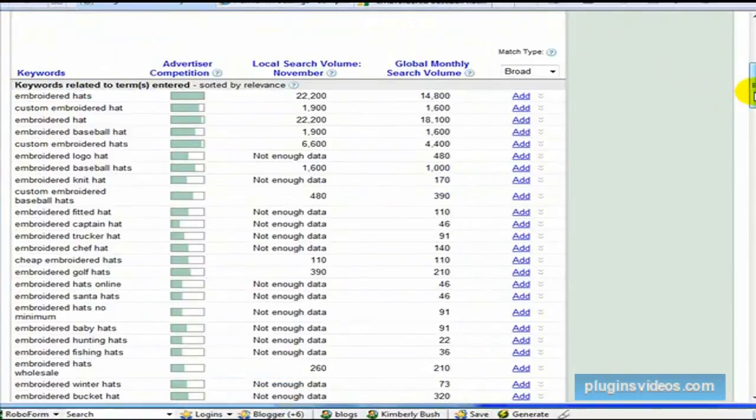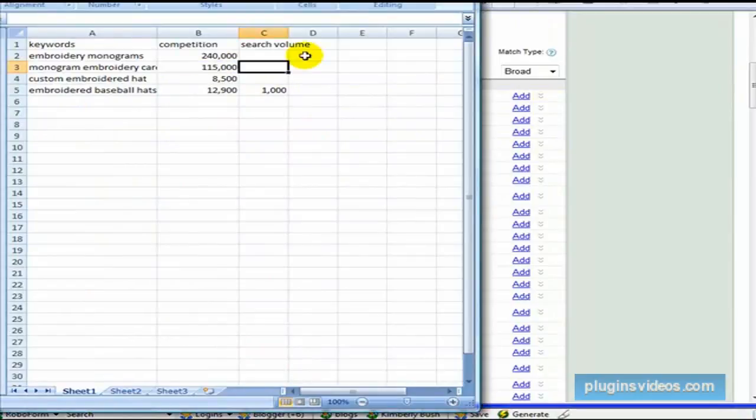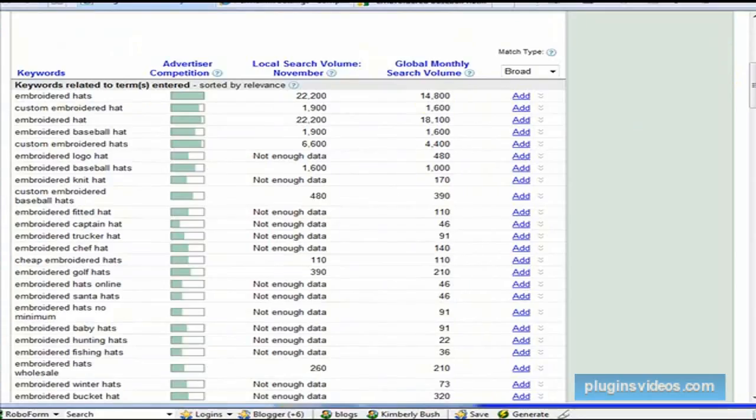Custom embroidered hat. Okay, custom embroidered hats with the S. A lot higher. Okay, 1600. There we go. Now let's look at one last thing here. Custom embroidered hats with the S on it, because when you add the S, you can see that it jumps up a lot. 4,400